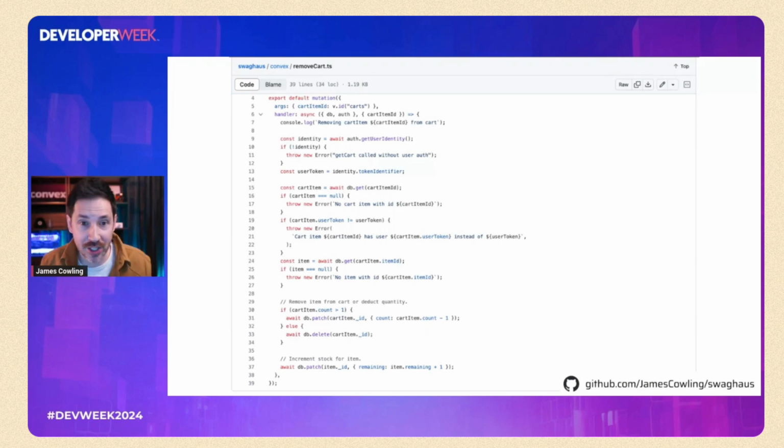So this is a mutation in Convex. It's just a program. It runs as a strongly consistent ACID transaction. You write this code alongside your web app, you push it to the server, and then you can just call it from client code, just like an API. It can access secrets. It can talk to other functions and invoke features like scheduling or storage.